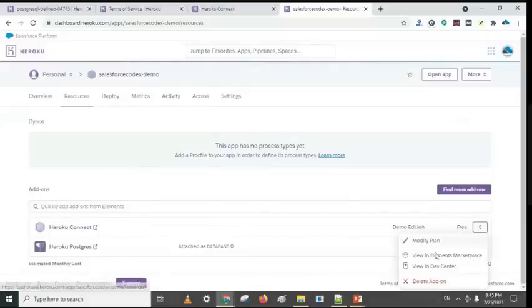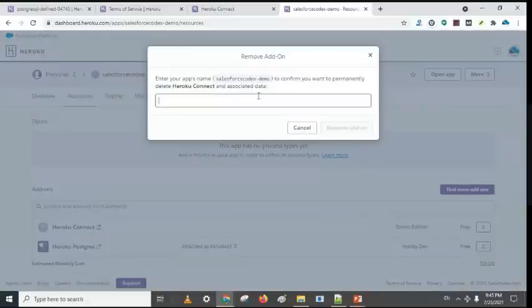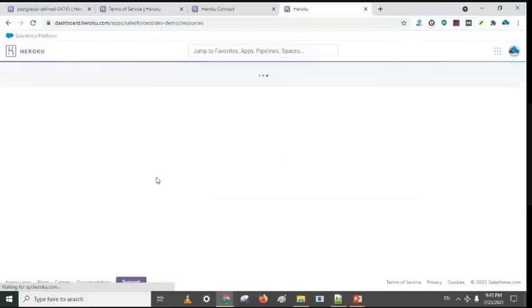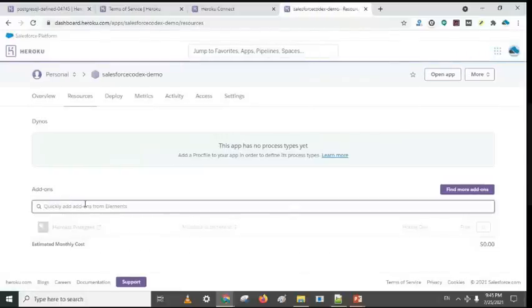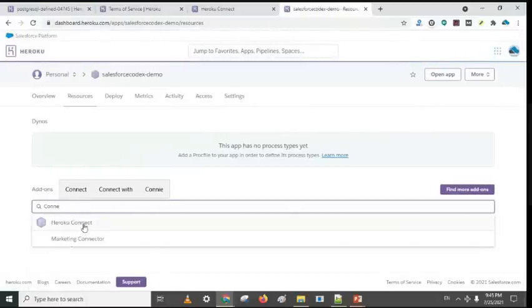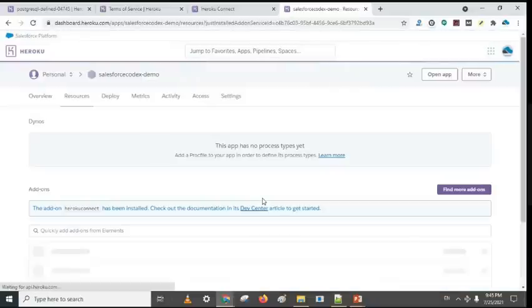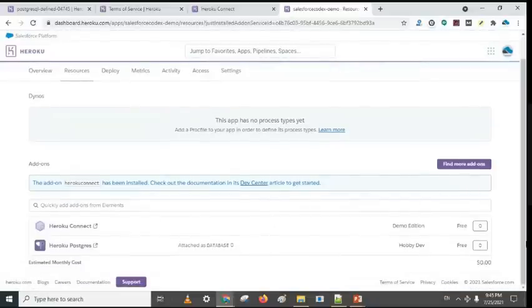Let me remove this, delete the add-on. This name says post codex. Remove the add-on. Refresh the page. See, one connection, it will sync. Why the demo edition?